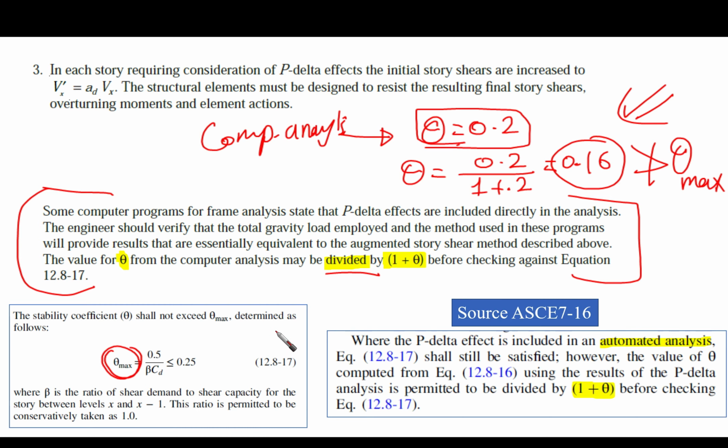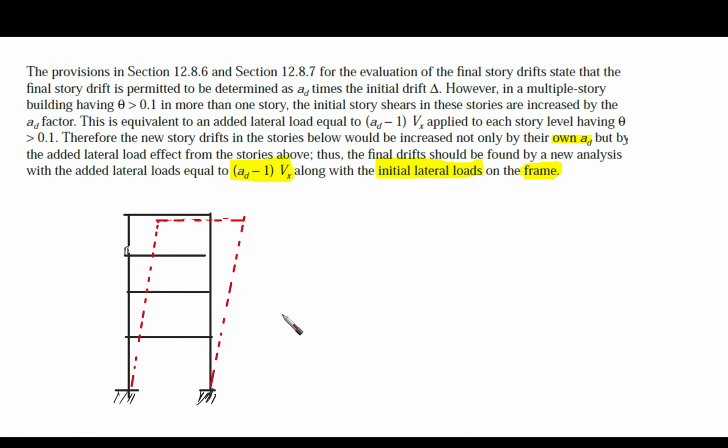Okay, so this is the second, and the third, or maybe the last one. Yes, this is an important issue also. The last comment here is, as I said before, that P delta is related to the story. So whenever we have P delta, and for this story, which is story 1, 2, 3, for example,